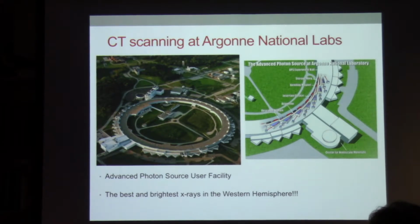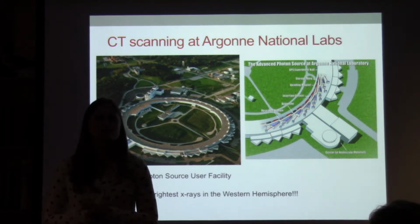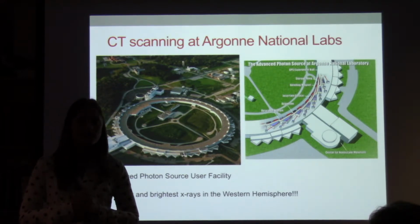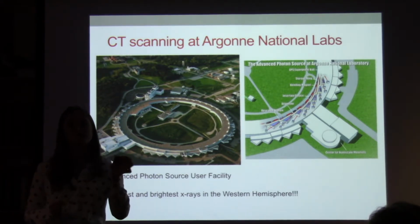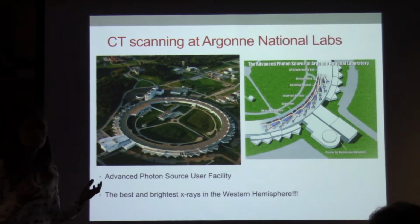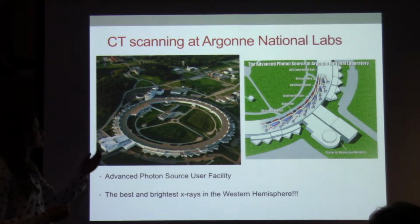Feathers are really small and they're not very dense, so you can't scan them in your regular CT scanner that most universities have on hand. We tried. If the scan takes 10 hours, the feather will move in 10 hours and you'll get something blurry. We also weren't quite able to get the resolution we needed. These barbules are small. They're basically the size of individual cells. And so to get what we needed, a good 3D scan at these incredibly small resolutions, we went